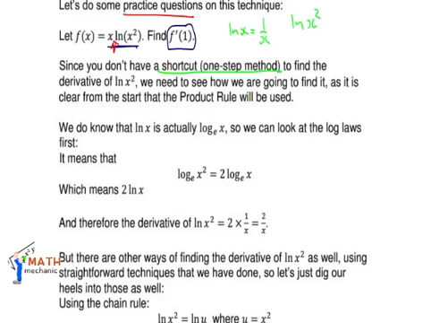And in order to see how we are going to find it, as it is clear from the start that the product rule is also being used, we will take a look at a couple of different approaches to this question. Firstly, we look at this from a logarithmic point of view. We know that ln of x is equal to log e of x. So if we look at the log laws, it means that the ln of x squared is the log of e to the x squared. And the third logarithmic law that we looked at right at the beginning says we can bring that 2 to the front, and it becomes 2 log e x.